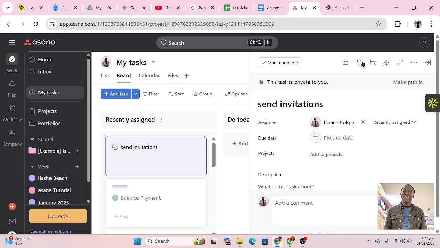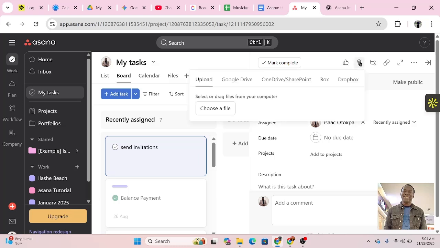So how do you fix that? You click on the attach file, and then you either upload from your computer, or you do that from Google Drive, or if it's stored in a box or in Dropbox, the same thing. You click on it, and then you choose, this is highlight, click on choose a file, and then you follow